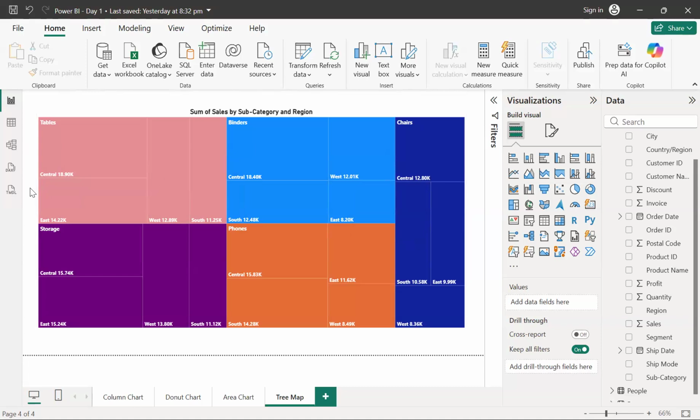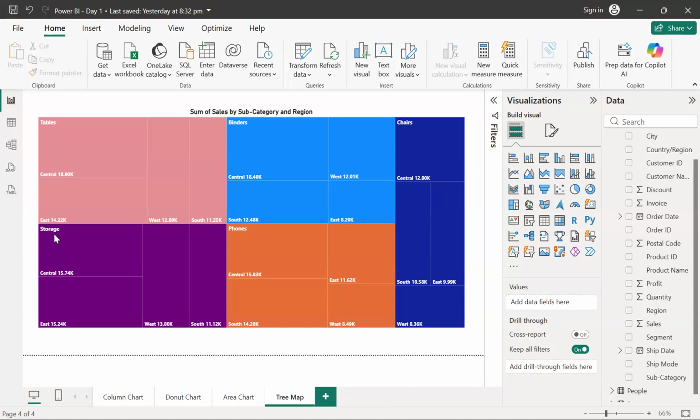Now, this information, guys, is very important and even enough to make decisions, let's say a region-wise decision. If I want to make a region-wise decision, this fragmented observation, or these fragmented boxes, will definitely help a lot.